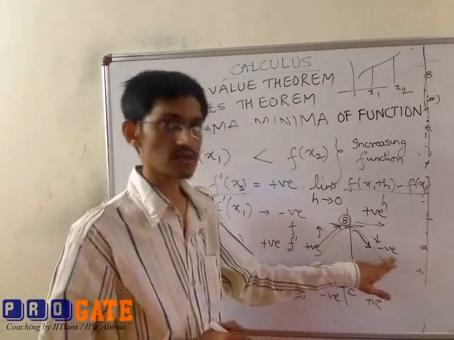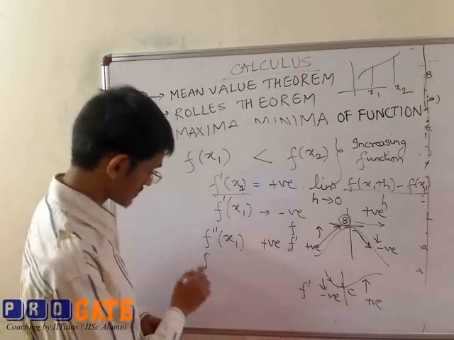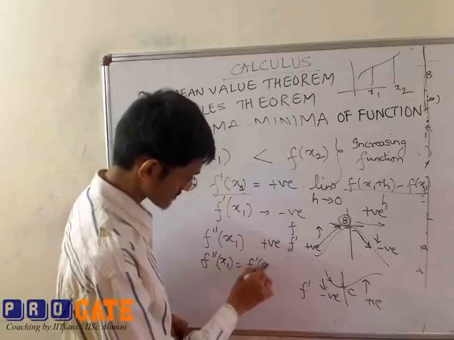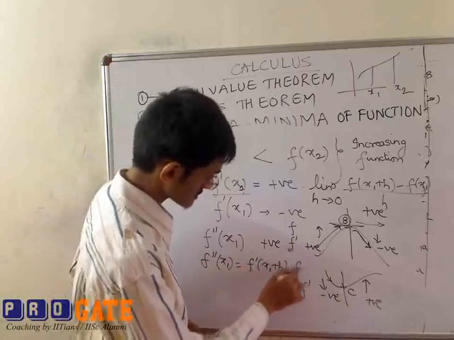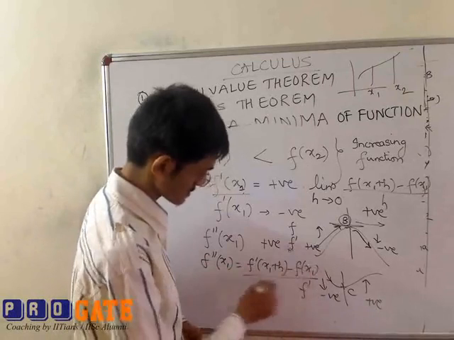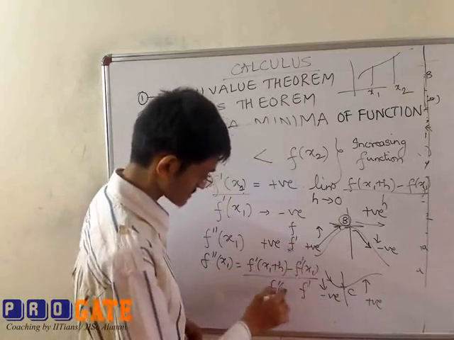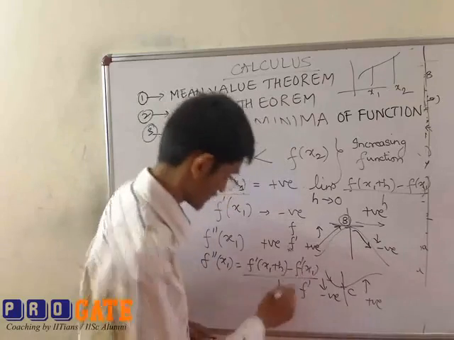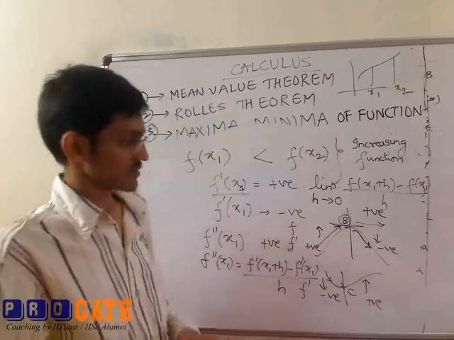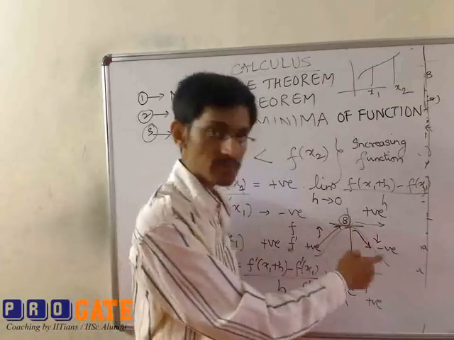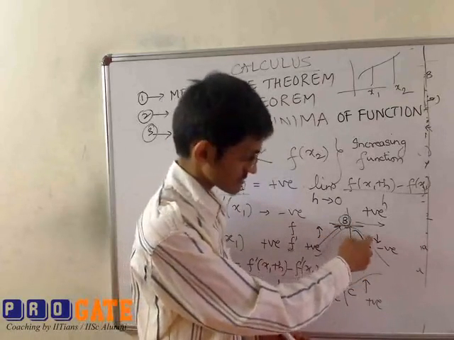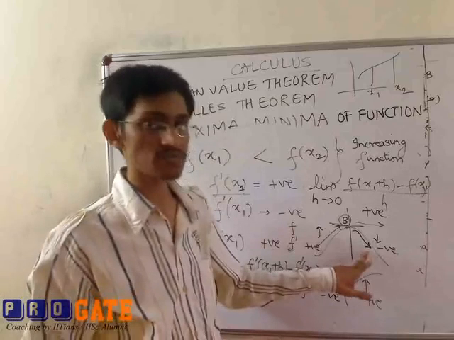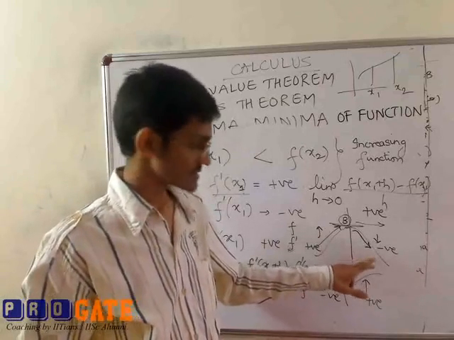F dash is negative. So now f double dash at x1 would be f dash of x1 plus h minus f dash of x1, upon h. Now as you move right of B, the function value is decreasing, so f dash of x1 plus h would be less than